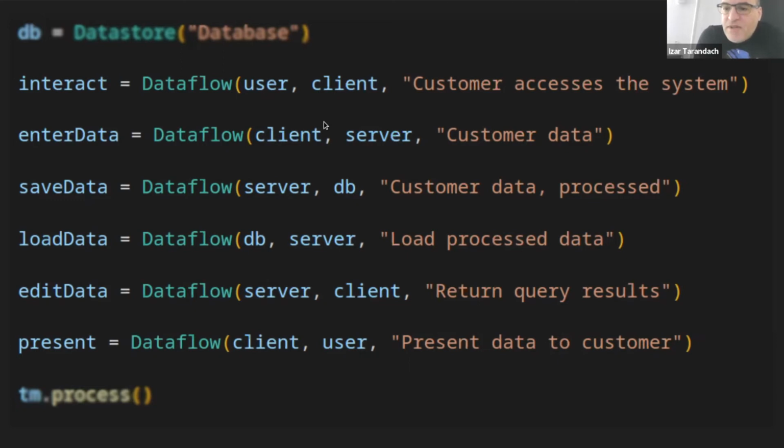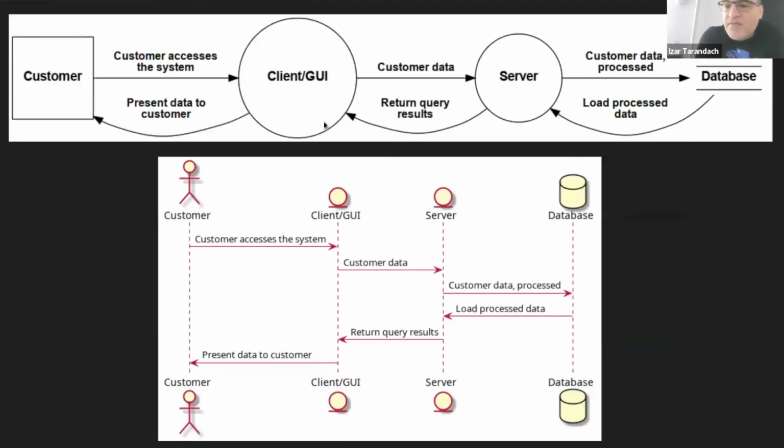So now we have the elements, we have the ways that they talk to each other. But what that generates is this very simple DFD and sequence diagram. Now, by themselves, they start having some value. How? You can look at them and start recognizing your system. So you can fix assumptions in here. You can add, remove data flows. And by themselves, they already offer some value, especially for those people who don't like to drag and drop stuff, and also for keeping things versioned together with code.